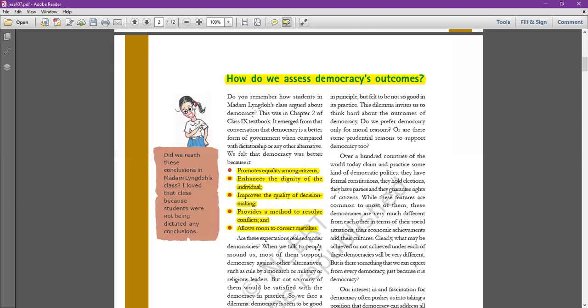डेमोक्रेसी करती क्या है? एक मेथड देती है जिससे कि अगर कॉन्फ्लिक्ट हो सोसाइटी में, आपस में डिस्प्यूट हो, किसी के बीच में भी हो सकता है, सर्टेन सेक्शन ऑफ सोसाइटी, तो वो आपस में बातचीत से उस डिस्प्यूट्स को सॉर्ट आउट कर दे. सो दिस इज अनदर रीजन. ऑन द बेसिस ऑफ दिस रीजन यू कैन से दैट डेमोक्रेटिक फॉर्म ऑफ गवर्नमेंट इज बेटर फॉर्म ऑफ गवर्नमेंट. नाउ नेक्स्ट, लास्ट, अलाउज रूम टू करेक्ट मिस्टेक्स. This is another reason. On the basis of that you can say the democratic form of government is better form of government. And now what do you mean by that?